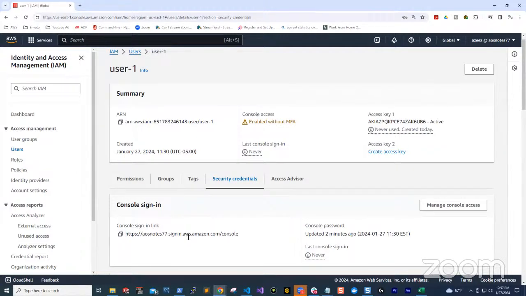I'm not sure if AWS still does it now, but a couple of years ago, AWS used to require that you get